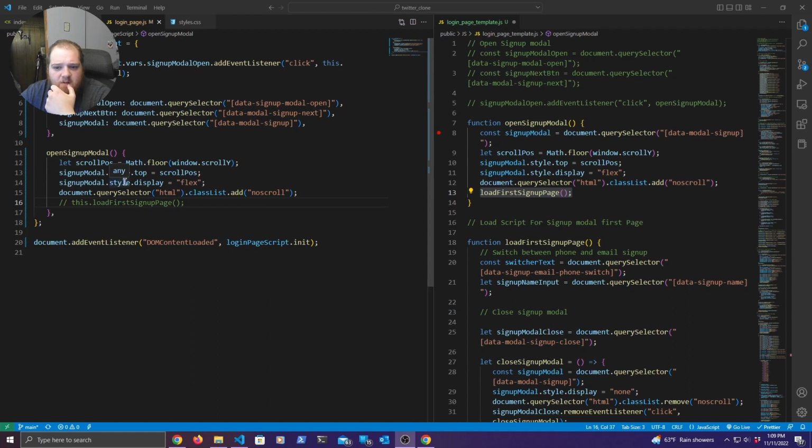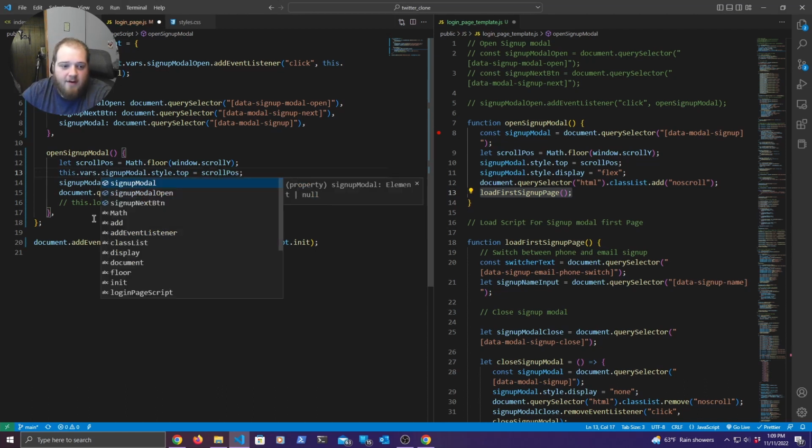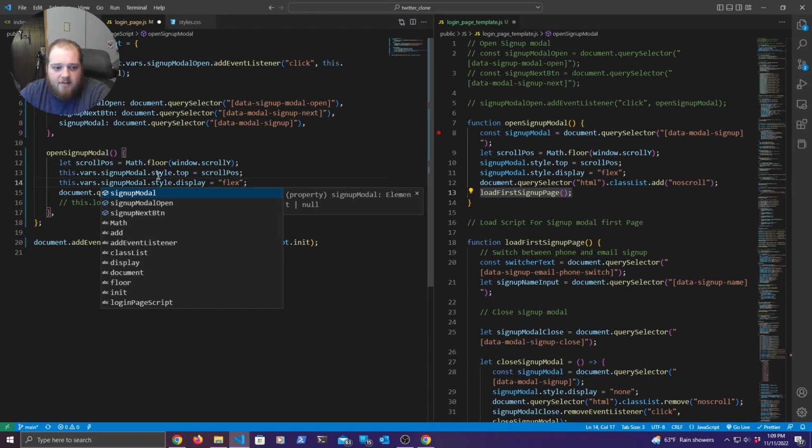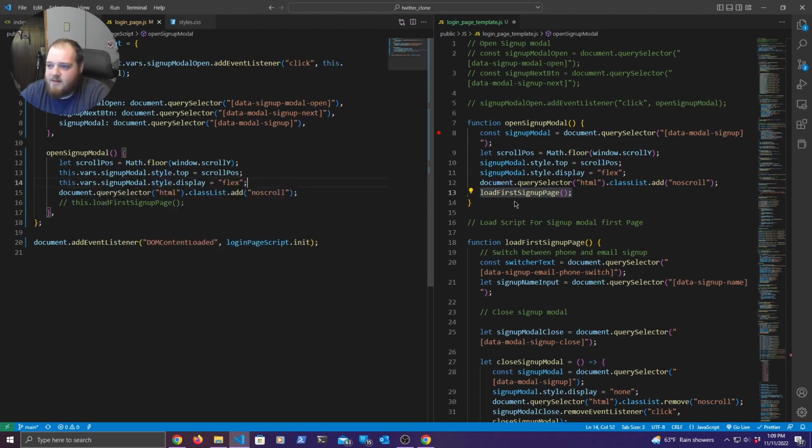Oh, that's probably because I'm not selecting this dot vars. So this dot vars dot sign up modal. So if I save that,